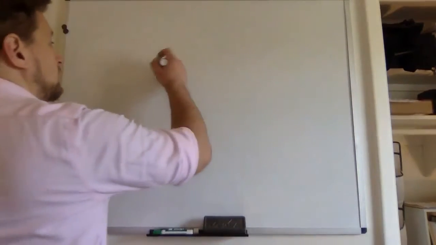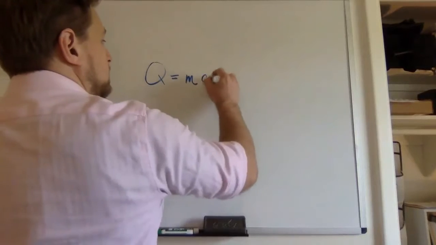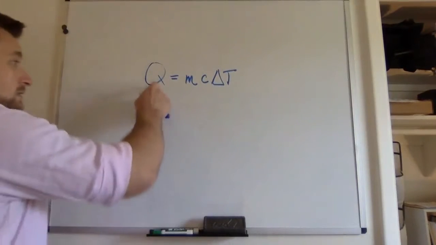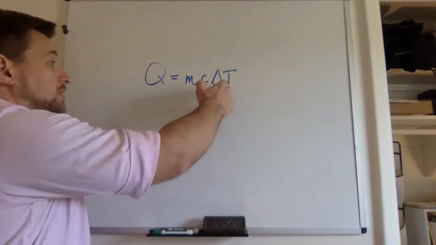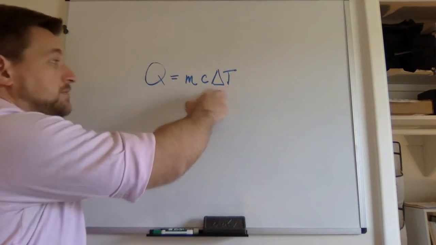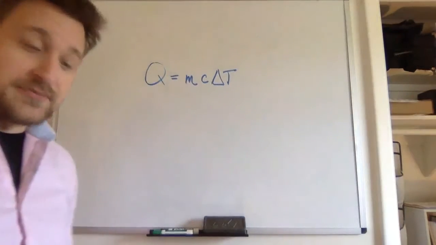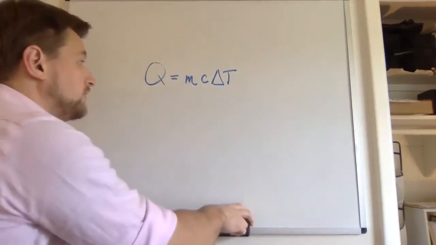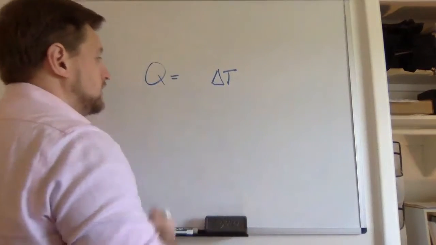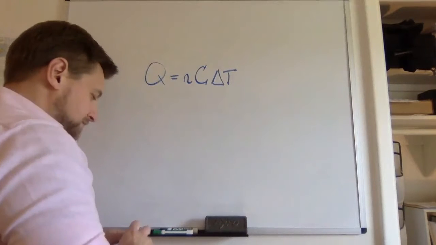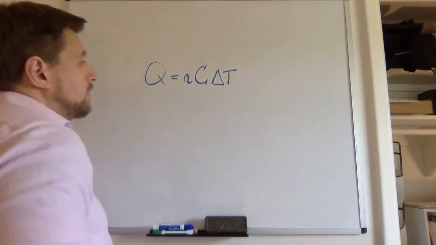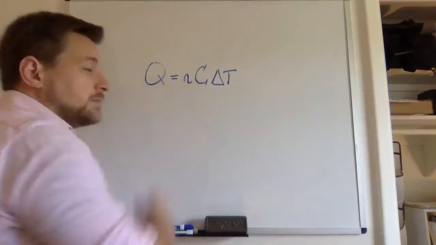We had an equation from chapter 17 that you're using in this week's lab that relates the quantity of heat that is required to change the temperature by delta T of a mass m of some substance that has a specific heat capacity. We also said that we could define a molar heat capacity, where we need to know how many moles there are and what the molar heat capacity of that substance is. And that